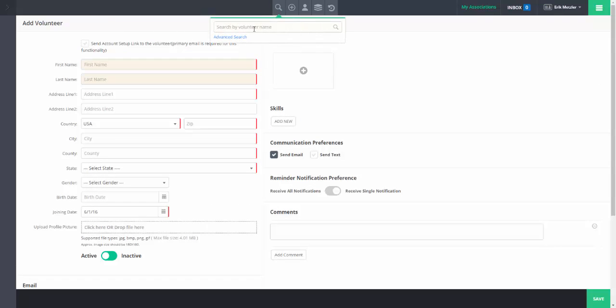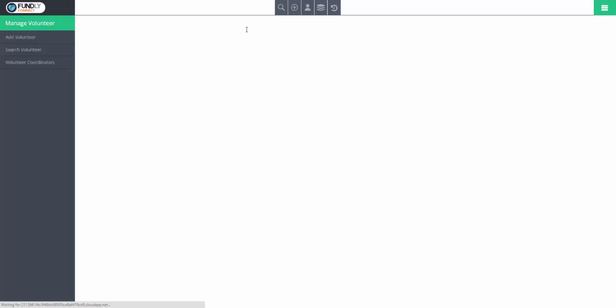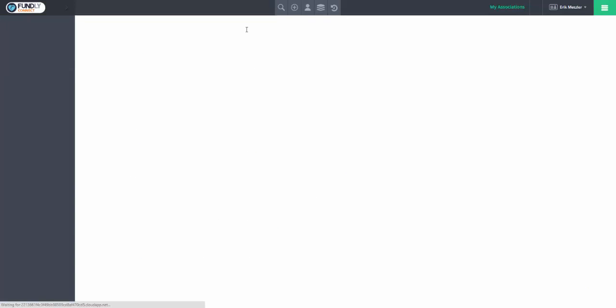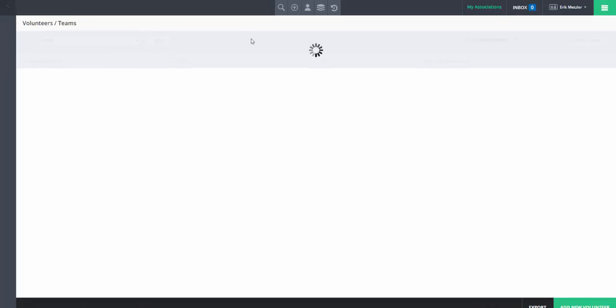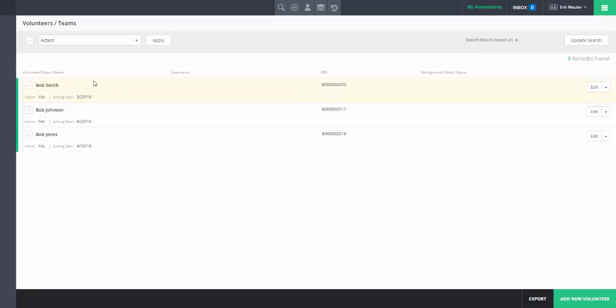To search for a volunteer, we can use the quick search and just type in something like Bob. That'll bring up every Bob in the system, first name and last name. So if the last name was Bob or had some combination, some piece of it being Bob, they would come up. Here in my demo system, I have 3 Bobs. We can also do advanced searches,